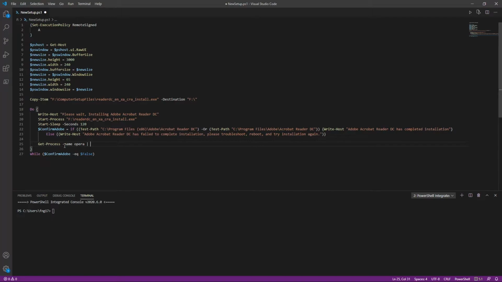We'll pipe this out and we'll say Stop-Process. Because I'm a neat freak, I have to have things quoted. I love quotes, especially when it comes to strings, because you can never ever get into that situation of I don't understand. So we'll close out Opera real quick, because it's going to auto launch it and then it's going to kill that task. So now that this is in here,